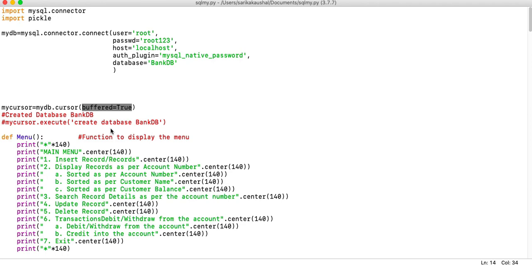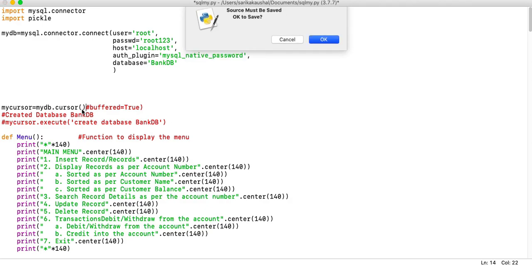There are two options of doing it: one is using the buffered cursor and the other is not using the buffered cursor. Suppose I don't use this option, I put a hash over there. I'll show you what is the problem that is going to occur.